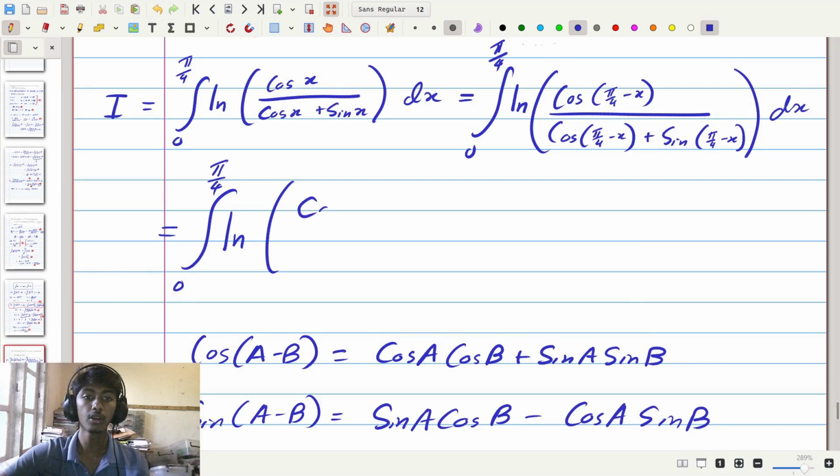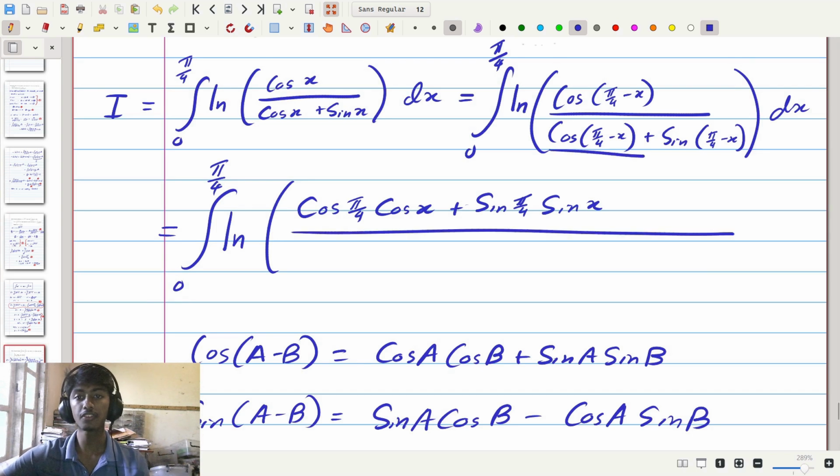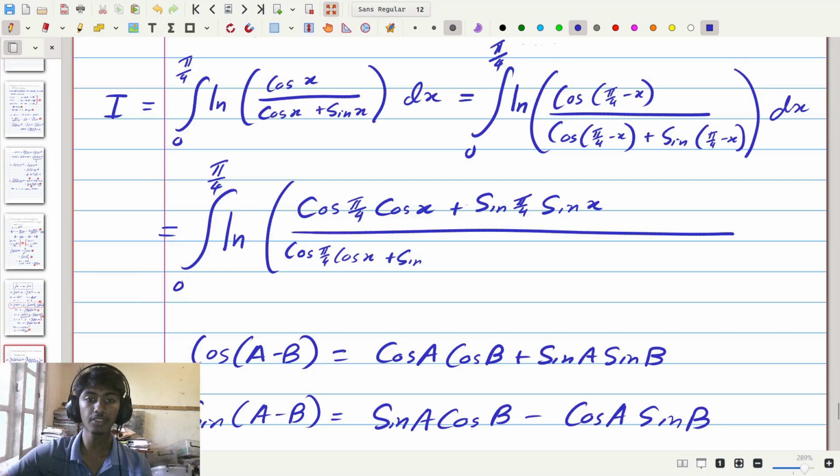So I'll write cosine of a, which is pi by 4, times cosine of x plus sine of a, which is pi by 4, times sine of x. Now on the bottom, we have that same exact thing, so I'm going to write the same exact thing, cosine of pi by 4 minus x, which is cosine of pi by 4 times cosine of x plus sine of pi by 4